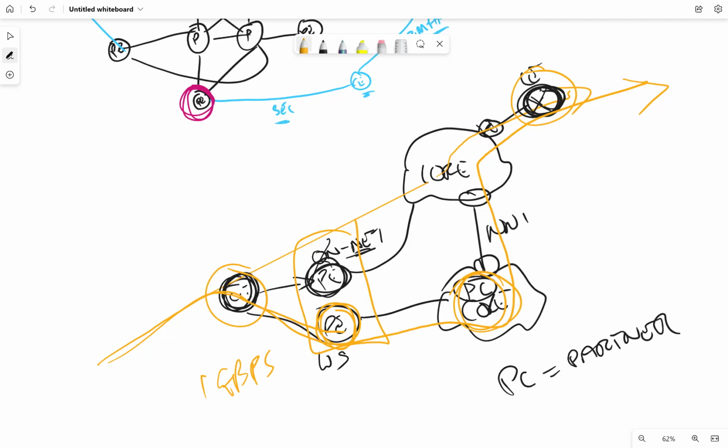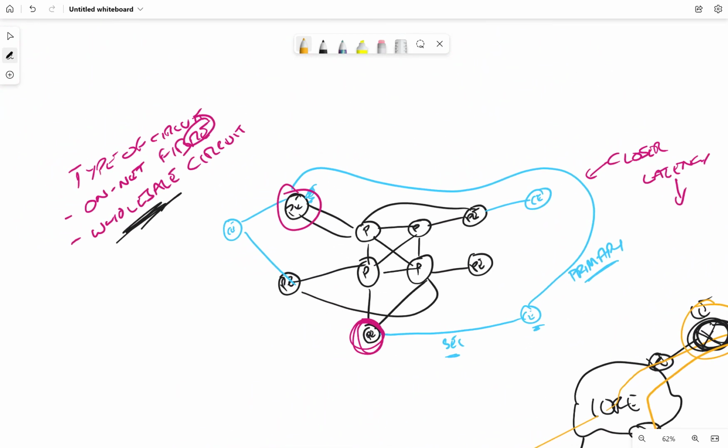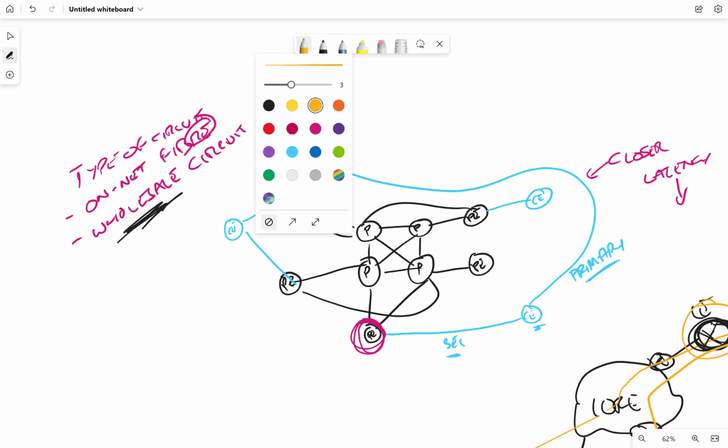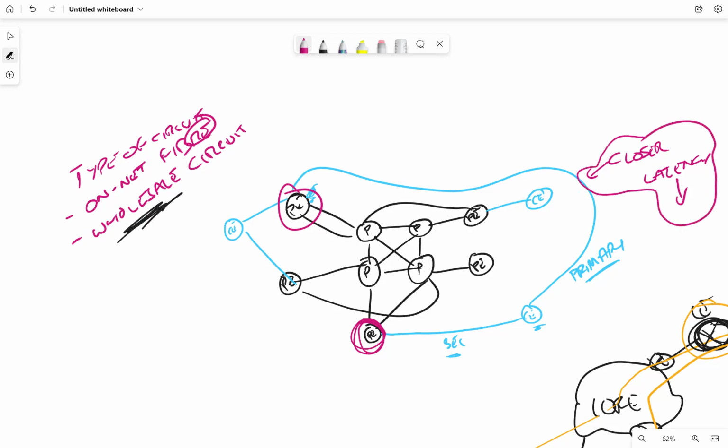So with that in mind, if we go back to this diagram up the top, we have different requirements that are going to press this design. And if I go back to this colour here, and we say it's closer and the latency is better with this particular circuit, this blue one here that ends up on this PE. So this could be a 400 gigabit per second, and then this could be 2 times